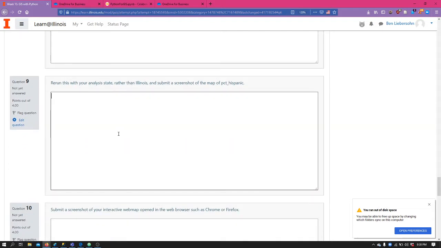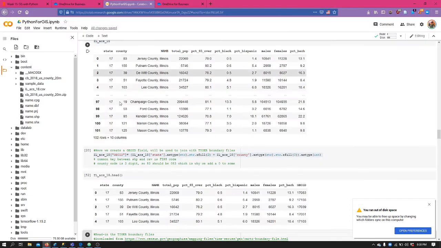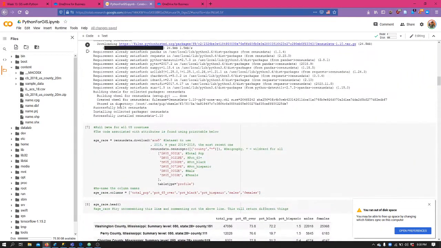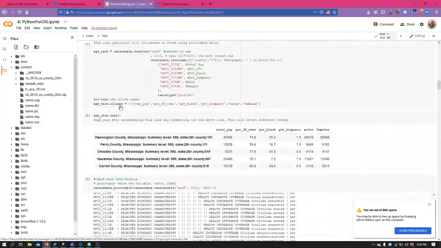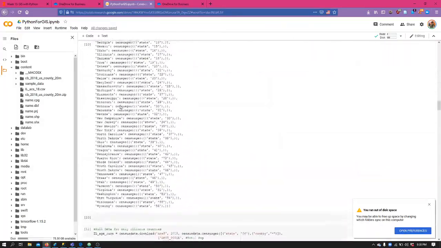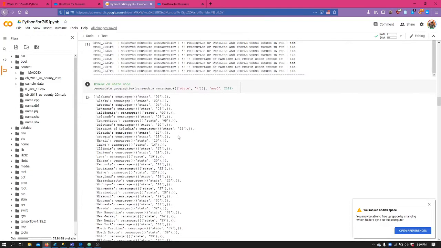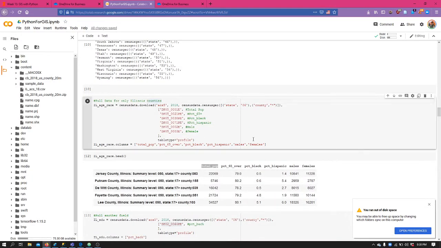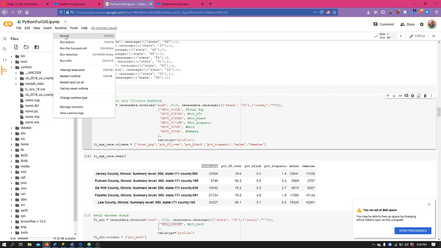Finally, when you're rerunning your state, you don't need to change all the names. We just need to change the code up here. So we need to change it from the Illinois code, which was 17, to whatever your state ID number is. It can be found here. And so here we did it with California. And as you can see, if I run it again by going to runtime and run all,